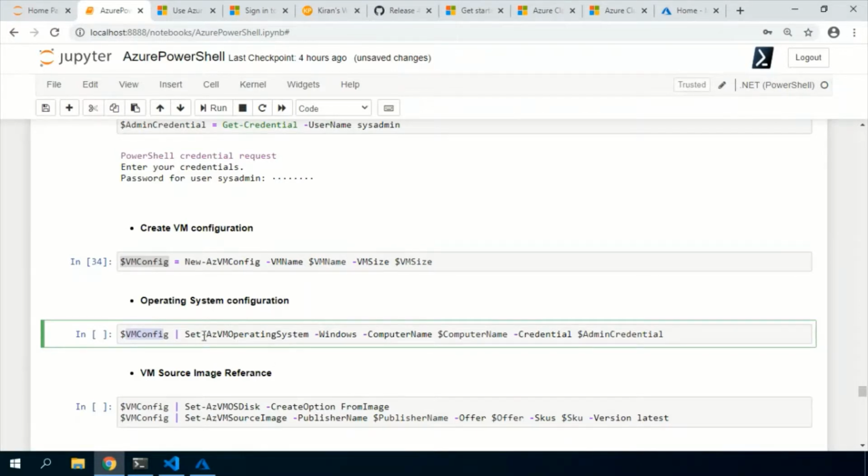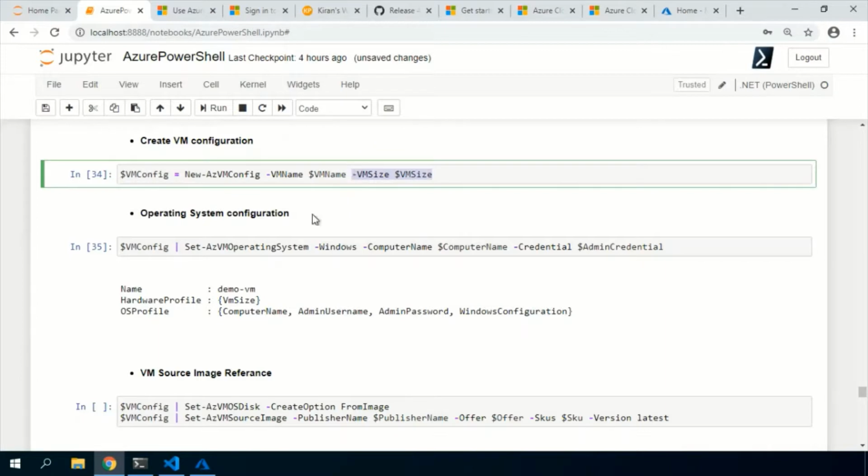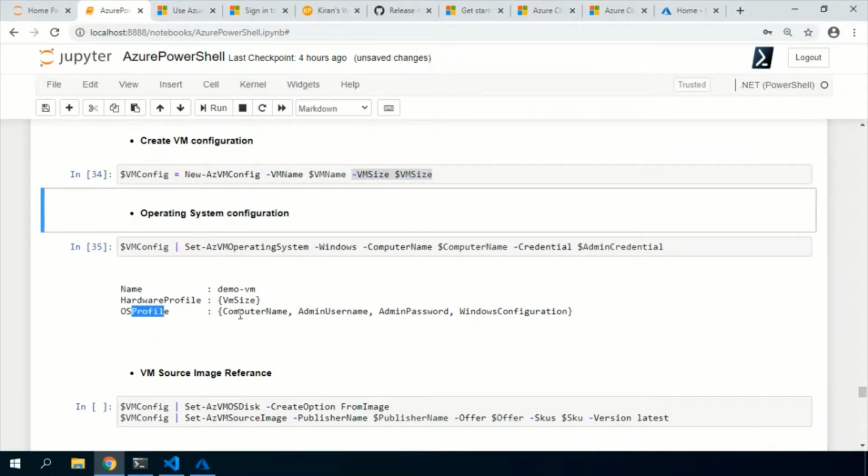As I told you, all set cmdlets configure the object or resource. So I'm setting the operating system information on the VM config, and let me run this. Yes, you can see my name and hardware profile, that is the VM size I provided, and the operating system I've added, so the OS profile is given.